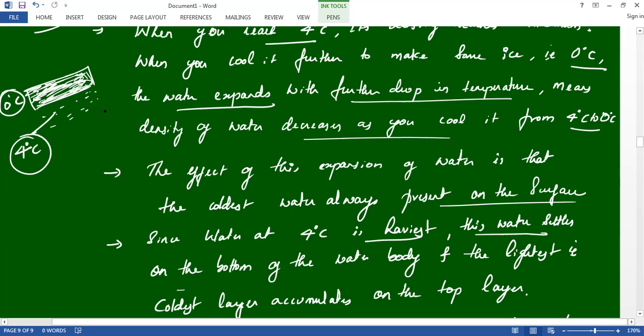That is the reason why in winter the ocean will not freeze. Even though the temperature of winter falls below minus 27 degrees Celsius, the bottom layer will be maintained at 4 degrees Celsius, because the top layer of the water body freezes, and ice is a bad conductor of heat and electricity. That further prevents it from cooling down, so that is the reason why it maintains a good habitat for the living of ocean creatures or water bodies.